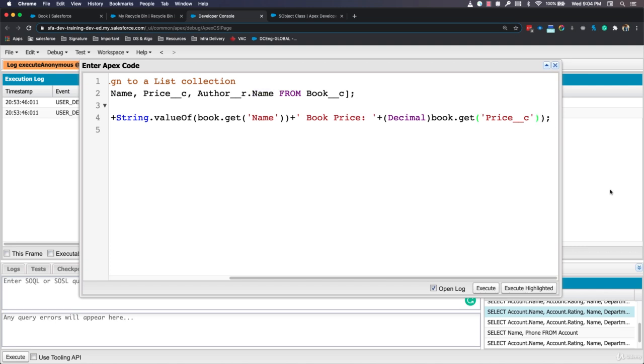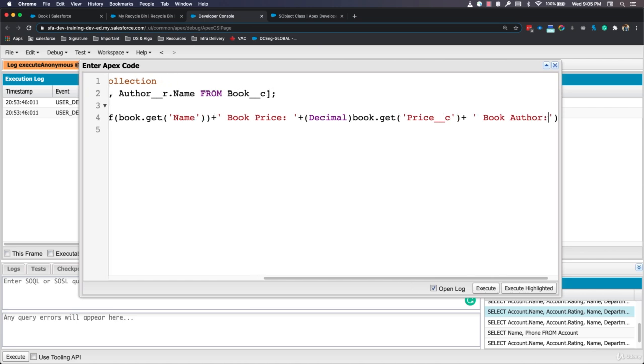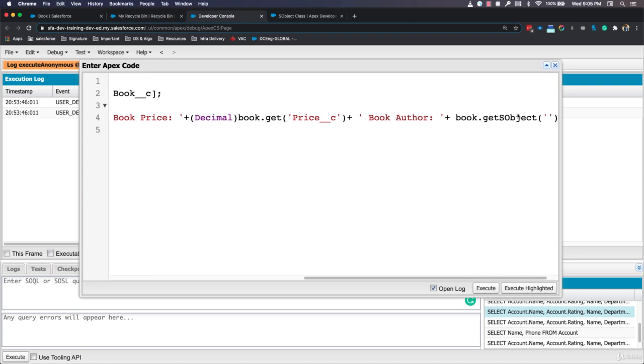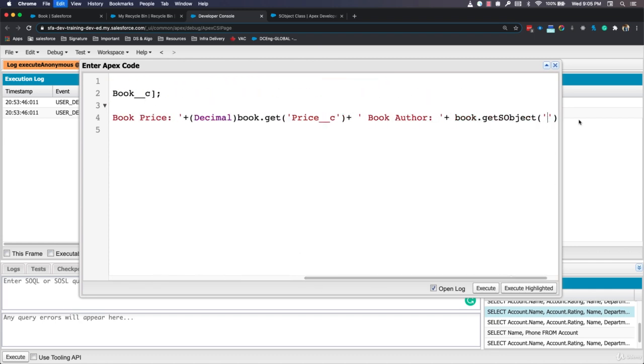So let's add few more logs here. Let's display the author information. For that, first of all, let's get our SObject variable, which is book, and then we are going to call this getSObject method on this, and this method accepts the SObject name as a parameter, and here our SObject name is author__r. So now this statement is going to return a SObject, and on this SObject we are going to call this get method. So let's use our get method now and we are going to get the name field from author SObject. We can typecast it to a string